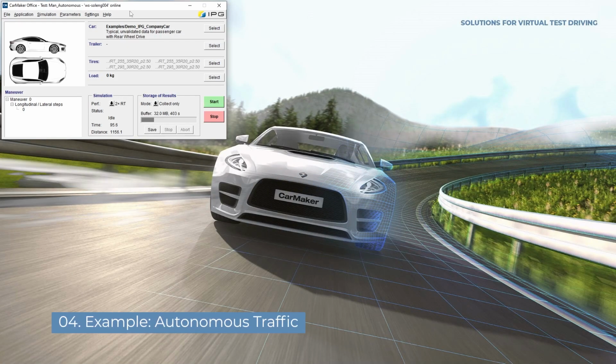Let me show you how autonomous traffic is added in a scenario and how you can parameterize it. I will demonstrate this with an example of a crosswalk with traffic lights. Here the pedestrian should normally cross the road during the green phase, while the traffic waits, like the vehicle at the traffic lights. However, the pedestrian should unexpectedly run back to the other side of the road, e.g. because he has forgotten something, even if the car now has the green phase. When we have finished creating everything, let's take a look at what exactly happens.